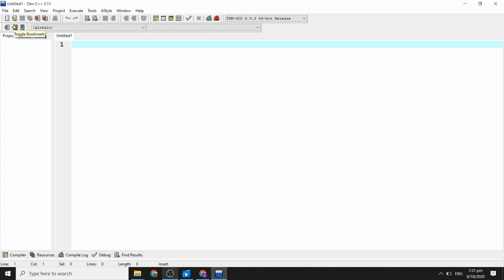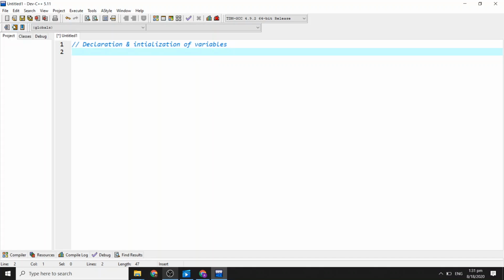The first line in declaration and initialization of variables.